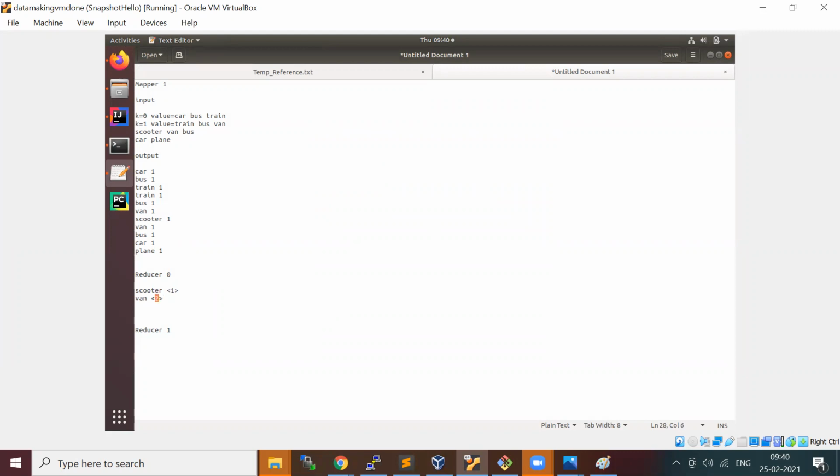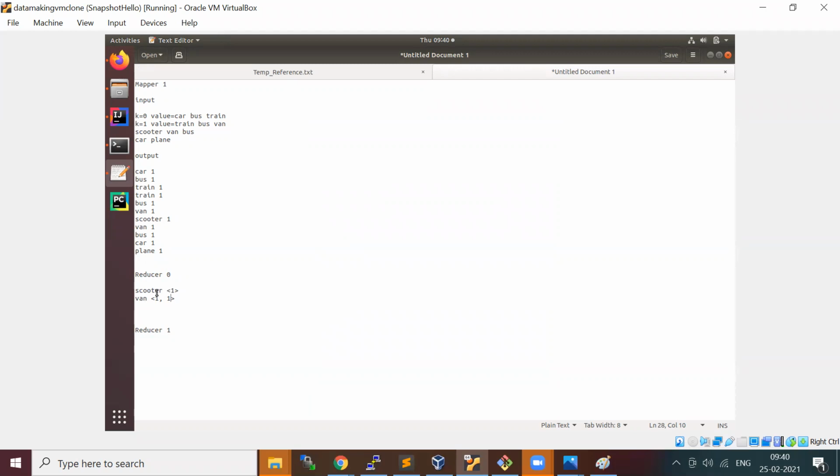Not like this; instead, it will be coming like this. This was for reducer 1. You got two key value pairs. Basically there will be three key value pairs because of shuffle and sort. So you made this into the grouped one.